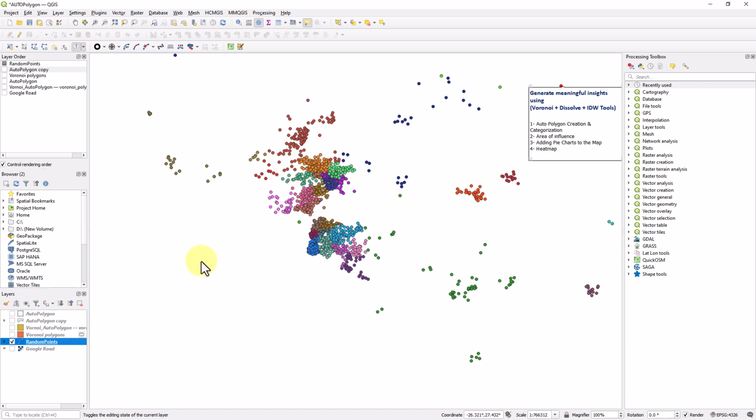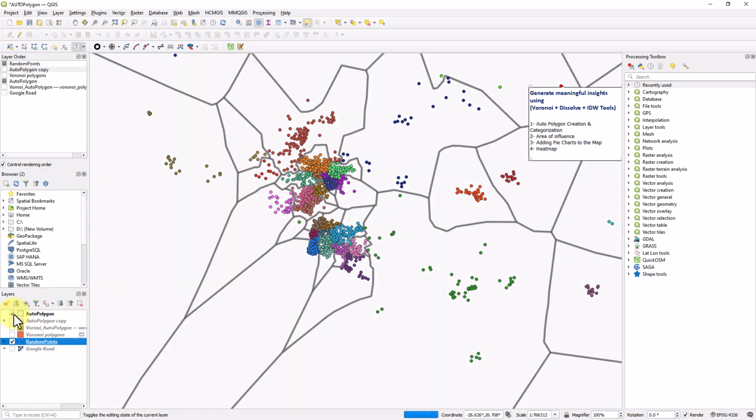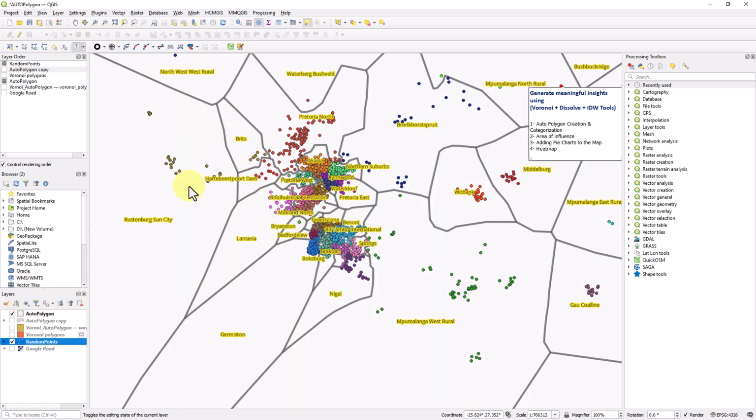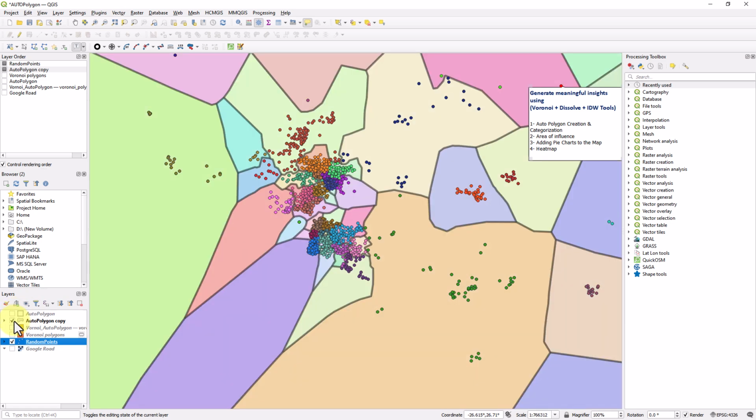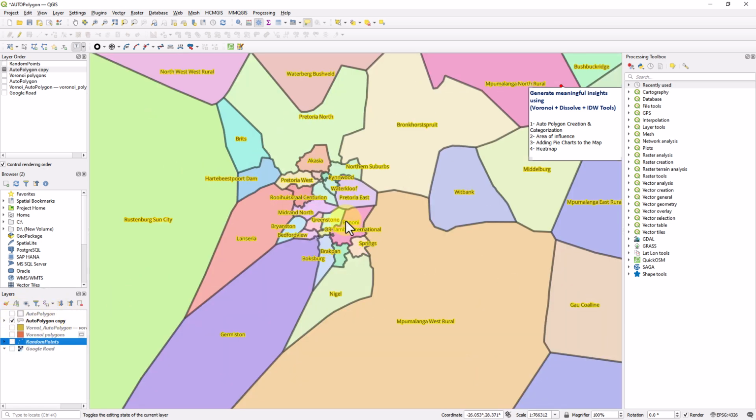So let me show what we are expecting to get. So these are all the points. What I'm expecting to get, for example, if you click here, now I have a boundary for each and every single color or city, a different polygon being created. We're going to do it automatically instead of manually. This is the first point. Then we need to categorize it, for example, by color, like this. For example, if you hide this one, then we'll have this kind of, as you can see now, it's being